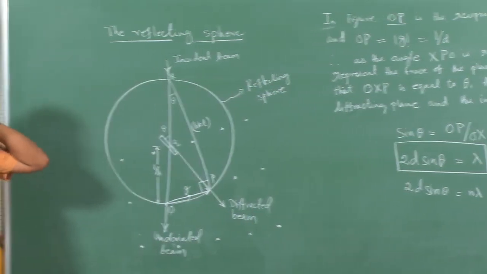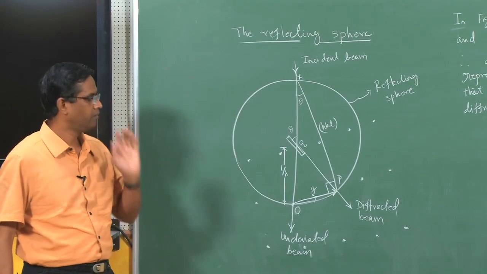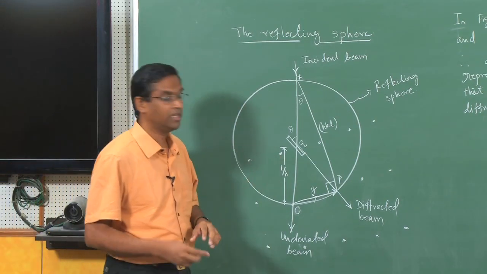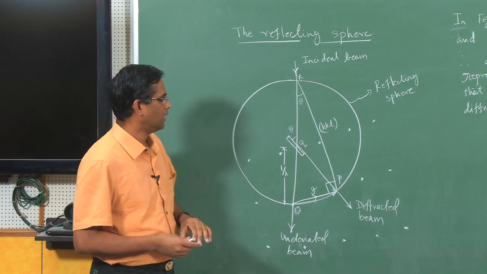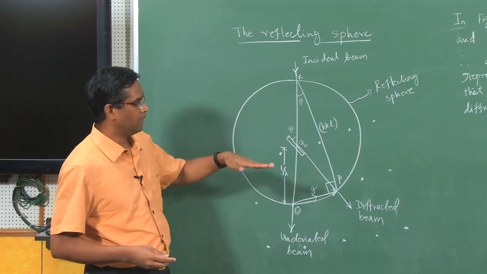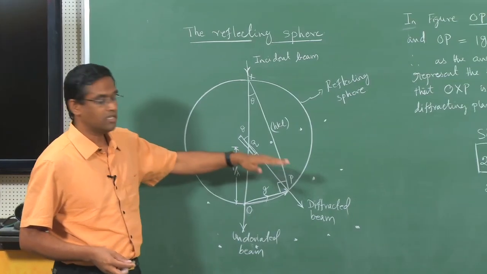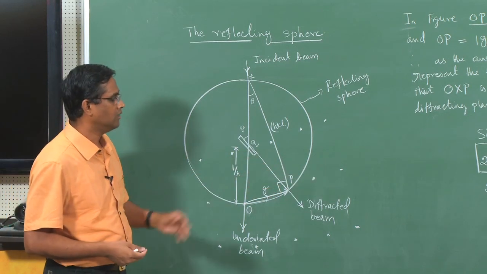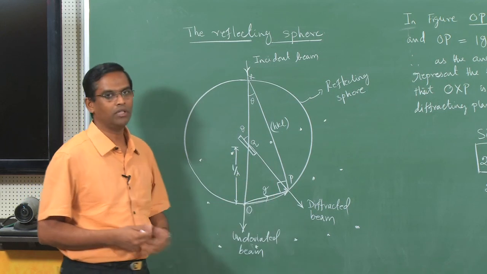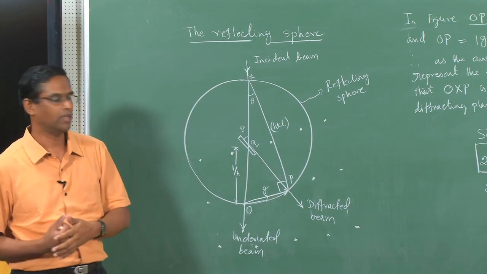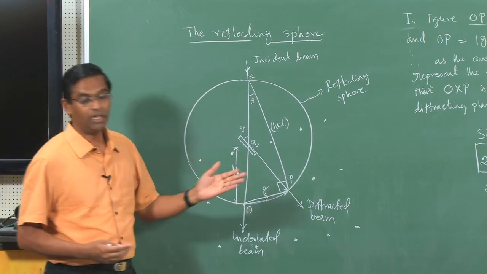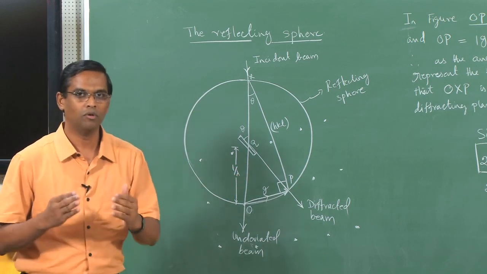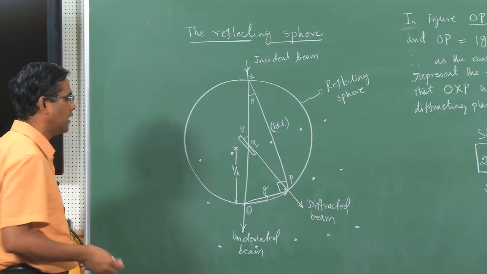So, it could be an integral multiple of lambda. If it is of this nature, then what happens, the constructive interference takes place and which gives rise to the diffracted beam. Okay. So, if you look at the lecture notes much more closely, what is clearly shown in the